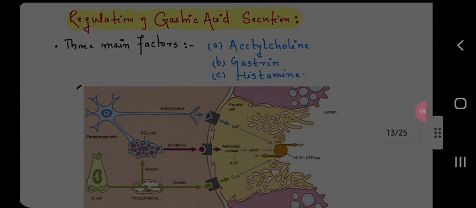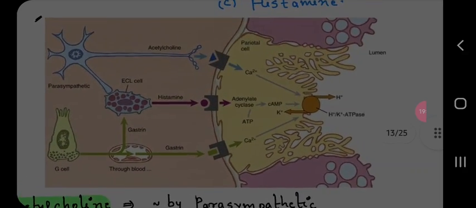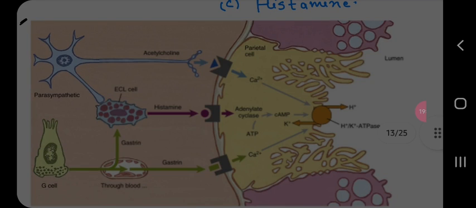Regulation of gastric acid secretion. The three main factors are acetylcholine, gastrin and histamine. Acetylcholine acts through M3 muscarinic receptor, gastrin and histamine through H2 receptors. Parasympathetic, G cells through blood, gastrin, ECL, acetylcholine, histamine, gastrin, adenyl cyclase, histamine, cAMP, gastrin, calcium, and parietal cells,